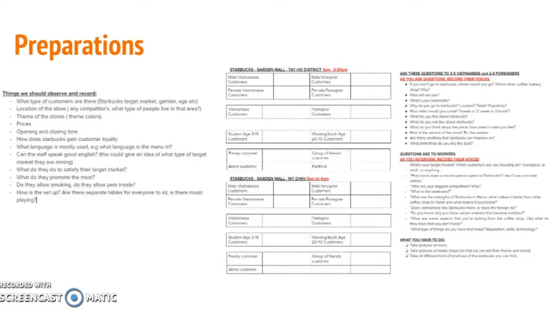For preparations, we made interview questions, an action plan, observation questions, and observation tables. For our observation, we mainly focused on the type of customers. We looked at the type of customers who were there by looking at if they are local or non-local, observing their age and gender too. In the middle picture, you can see there is a table made for us to record information. This shows the gender, age, and nationality, so we know what we are going to research and can record it to help our researcher badge.